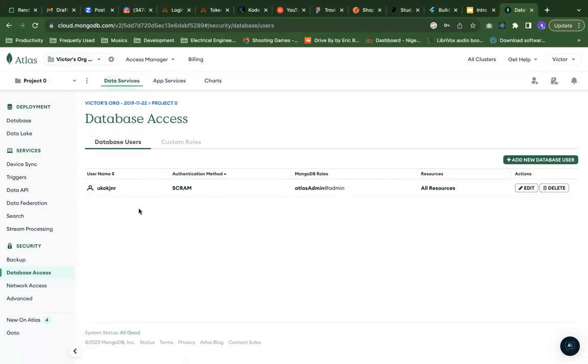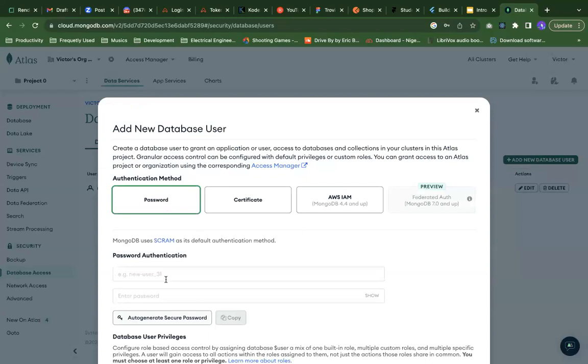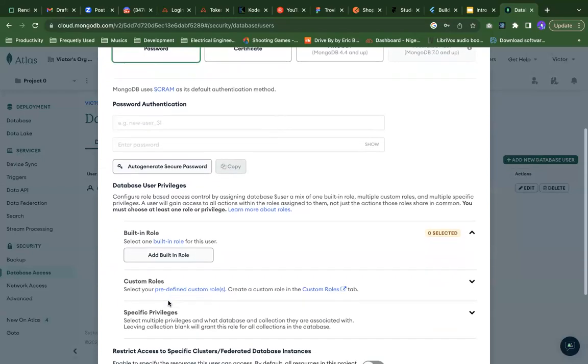Then you need to have at least an admin, and maybe you can have more admins. It's not that you must have only one admin, but at least you should have somebody that can connect to that database. So when you come here, click on add new database user, create a username and password. Then after that,